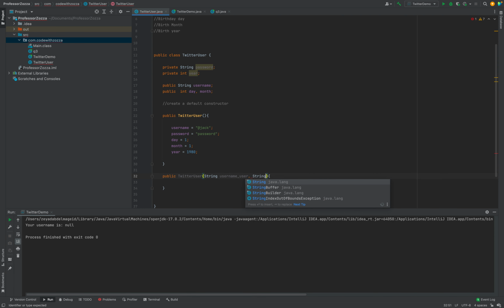We'll take in the password as well. So string, username, password, underscore user, and then int day underscore user, int month underscore user, and int year underscore user. Okay, and now when I pass in these parameters, I'm going to use whatever parameters the user passes in to